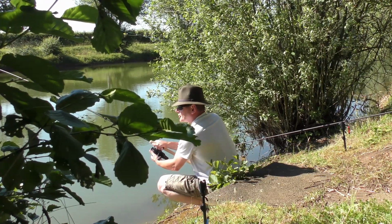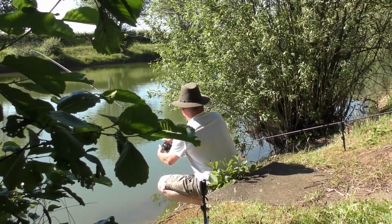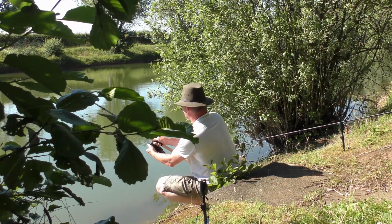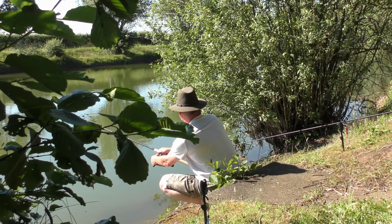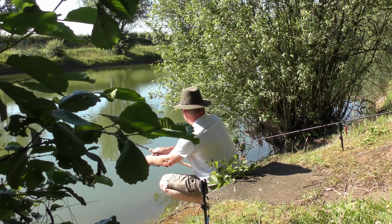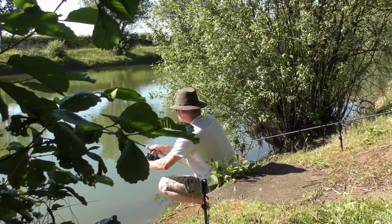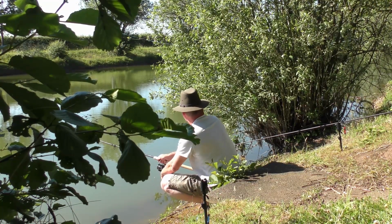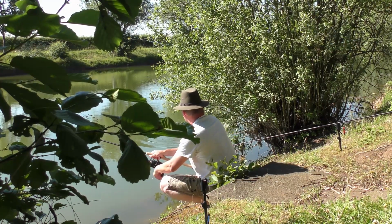And there's a gentleman fishing over there, he's fishing on the surface for some carp. Otherwise there's no one else here. But I had a look round, and as I said, I was watching this spot here and they were cruising along here, working the shelf. There's been quite a few of them. It's not a monster, but it's a nice fish all the same. I think I'll try and get this in before he...